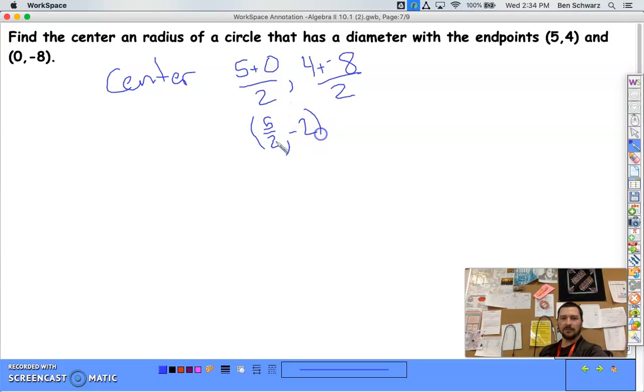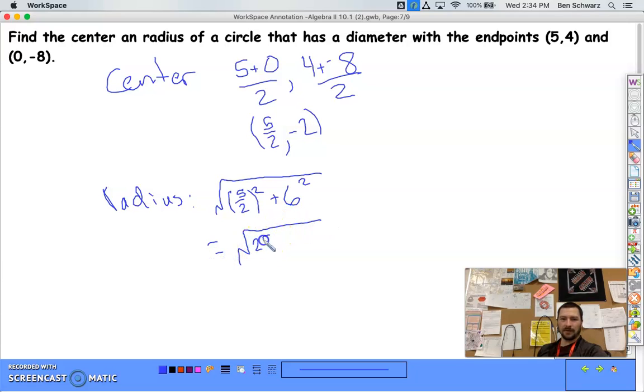So that's our center, (5/2, -2). And then for the radius, we're going to use the distance formula with our center and one of our points. I would say just use this one because it's easy to use 0. So square root, subtract them: 5 halves minus 0, squared. And then negative 2 minus negative 8, which would be 6. So then we get the square root of 25 fourths